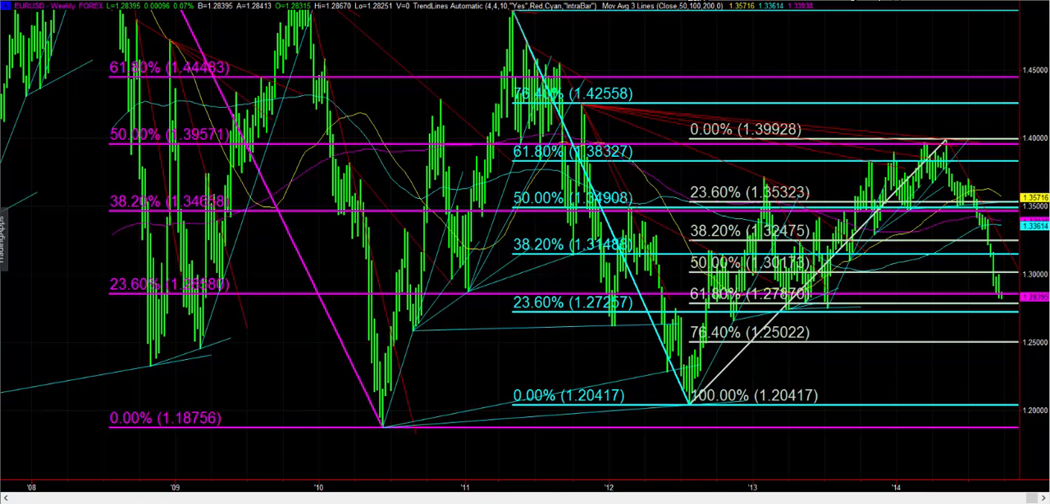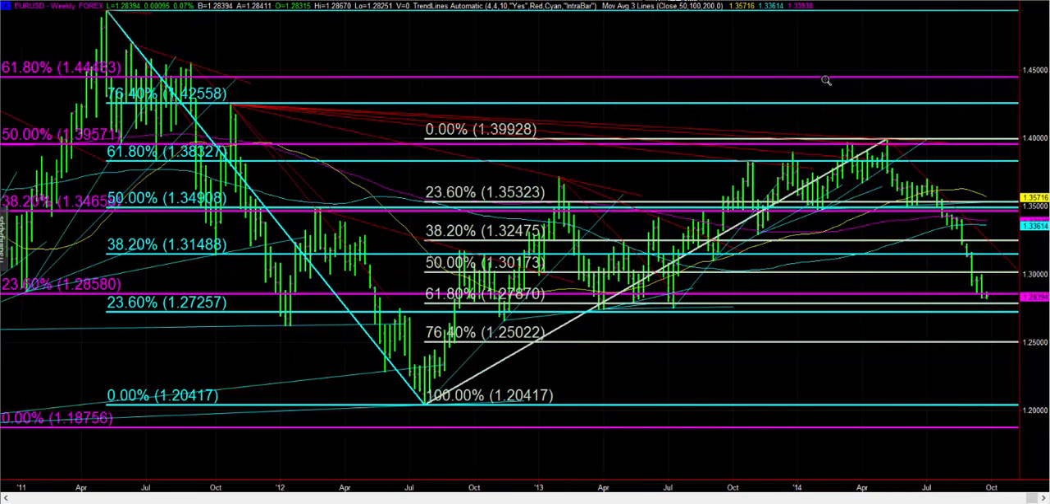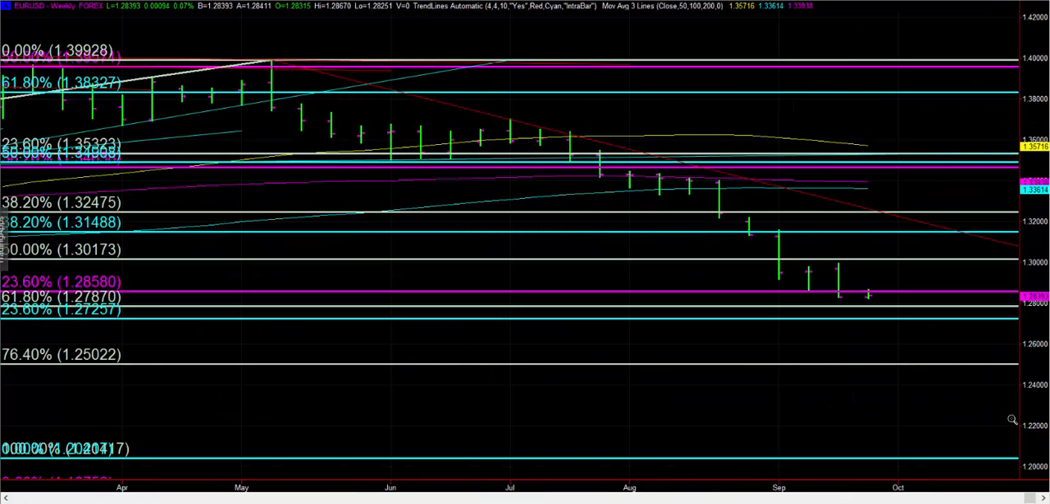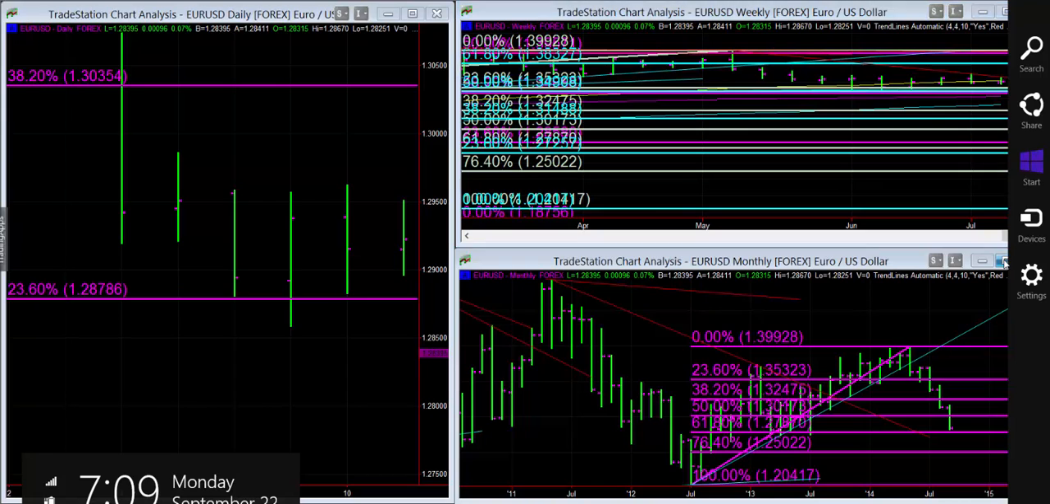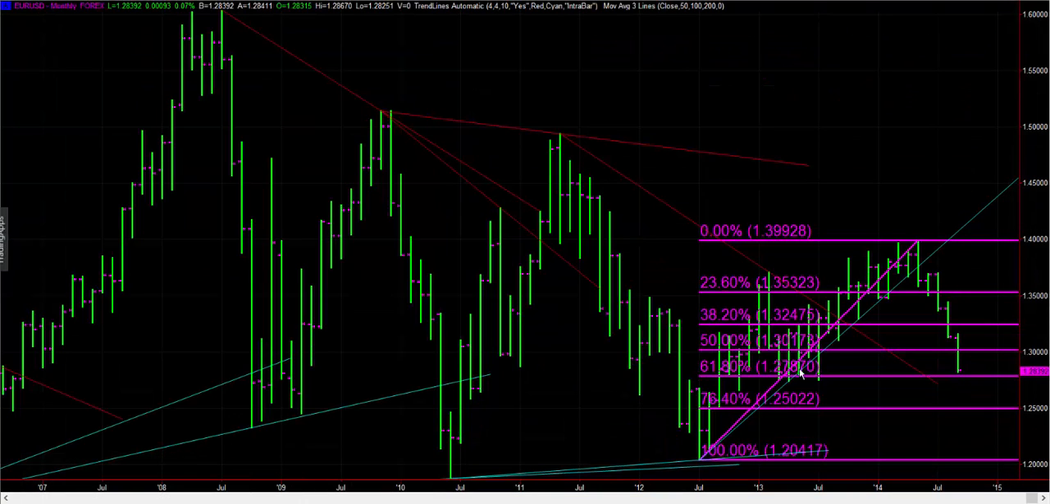Moving over to our weekly chart here, we want to take a look at some downside price objectives. You see 127.87 is one, followed by the 127.25 area. And below there we have 125.02, followed by 120.41. Moving over to our monthly chart here,